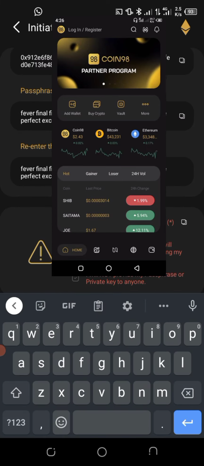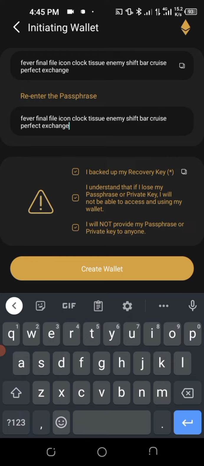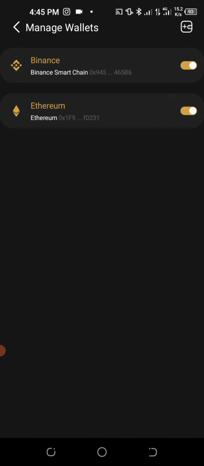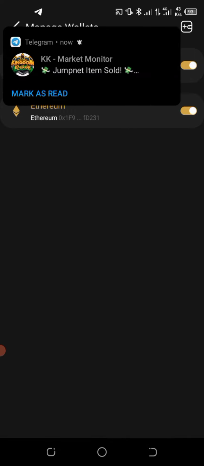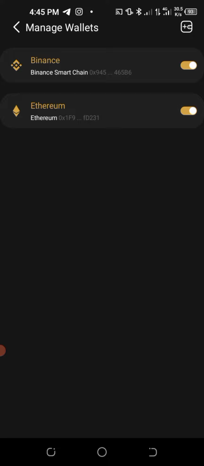Once you click on paste, you will now click on tick this, tick this, tick this, and then the next thing you have to do is click on create wallet. Once you create wallet, you see that is how easy it is to create a wallet on the COIN98 app. Okay,